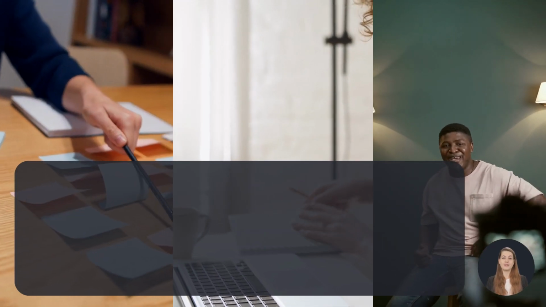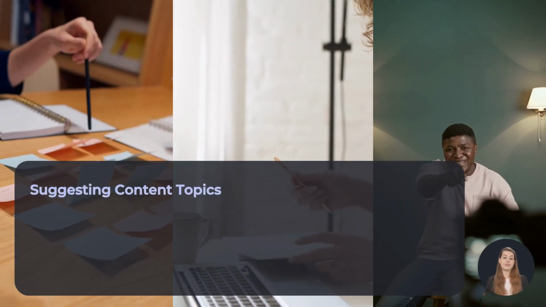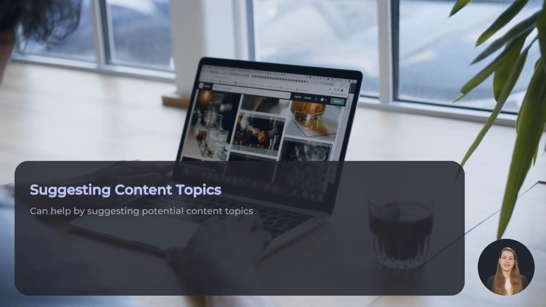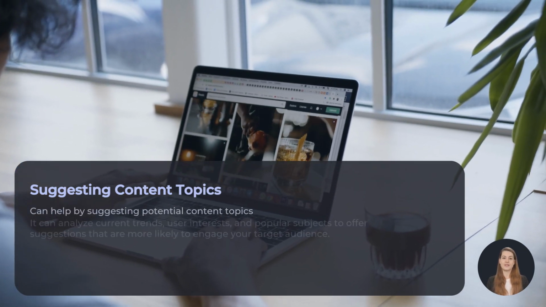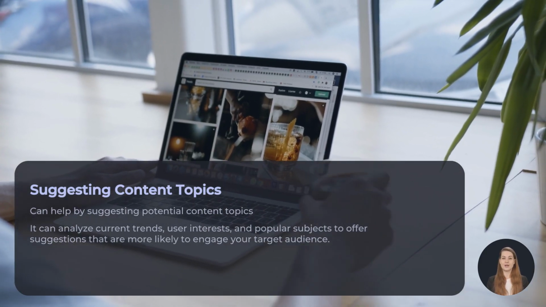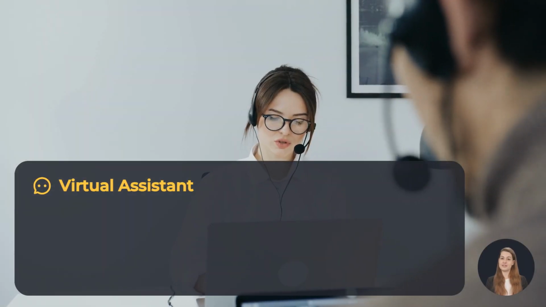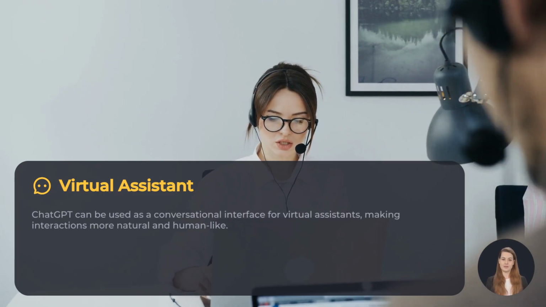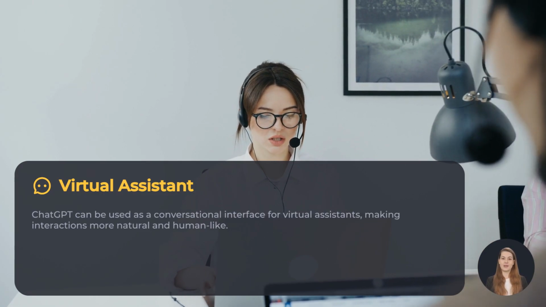Suggesting content topics. If you're not sure what to write about, ChatGPT can help by suggesting potential content topics. It can analyze current trends, user interests, and popular subjects to offer suggestions that are more likely to engage your target audience. Virtual assistants. ChatGPT can be used as a conversational interface for virtual assistants, making interactions more natural and